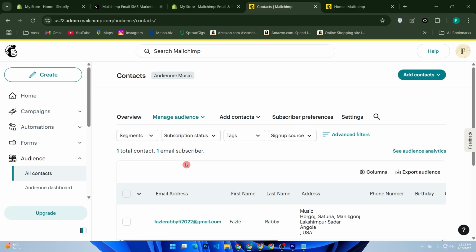And that's it. Your Shopify store is now connected to Mailchimp, and you are ready to start sending targeted emails